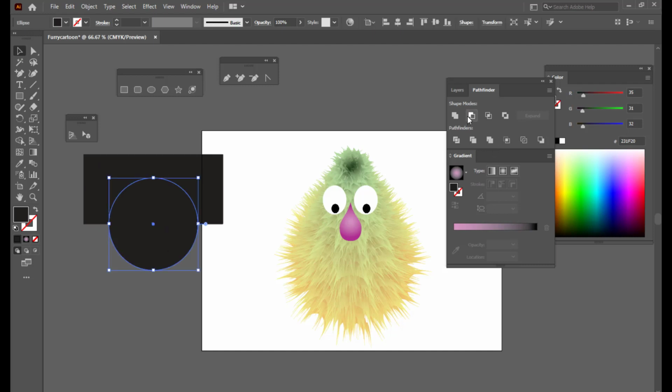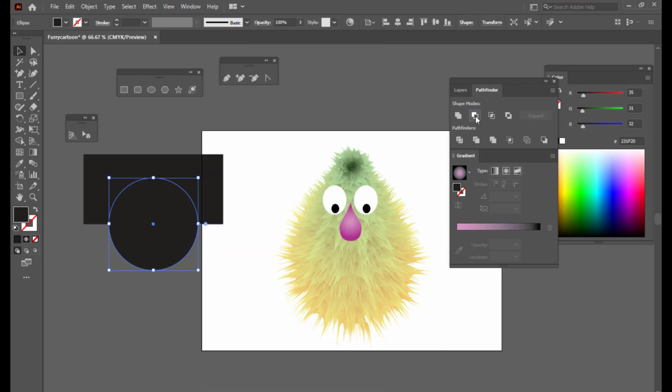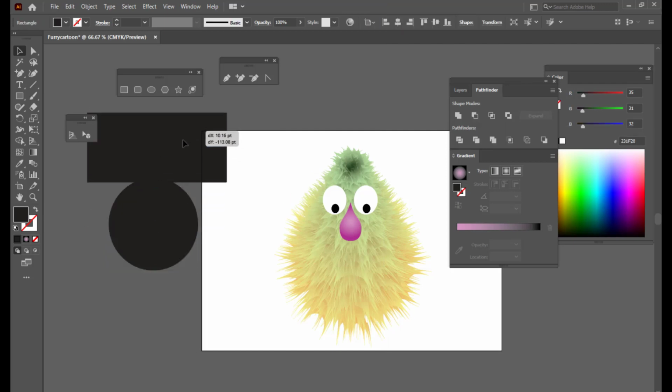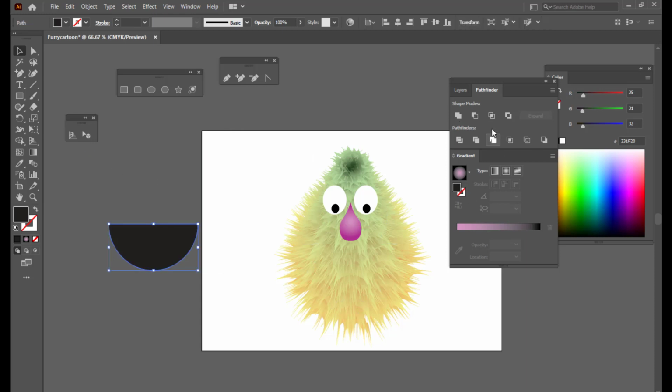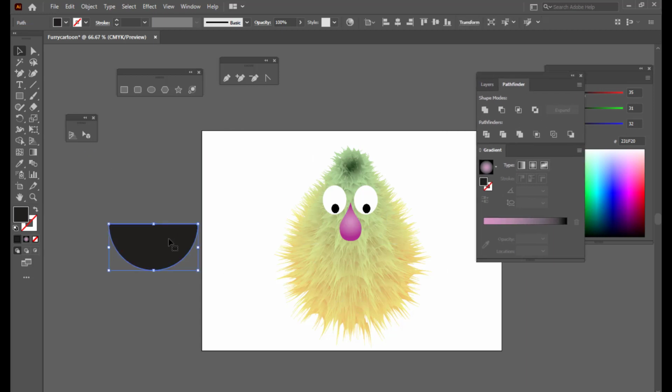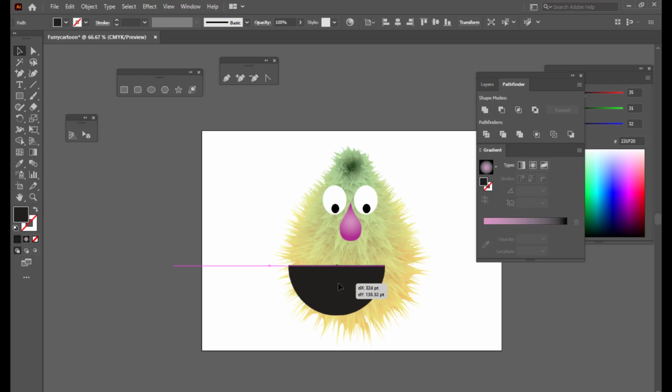and then we'll select both these objects and we'll go to the Pathfinder. In case the Pathfinder is not open, you can go to Windows and open the Pathfinder and simply click on this minus front. Just a minute, we'll select both these things and again we'll click on it. Right, now we have just got the half part of the ellipse, or we got the semicircle. Now we will just keep it over here. Right,